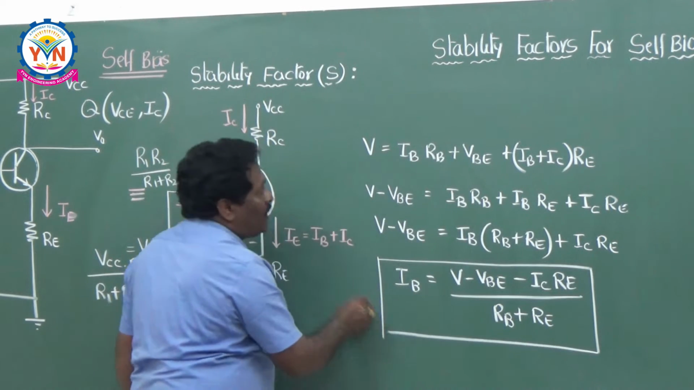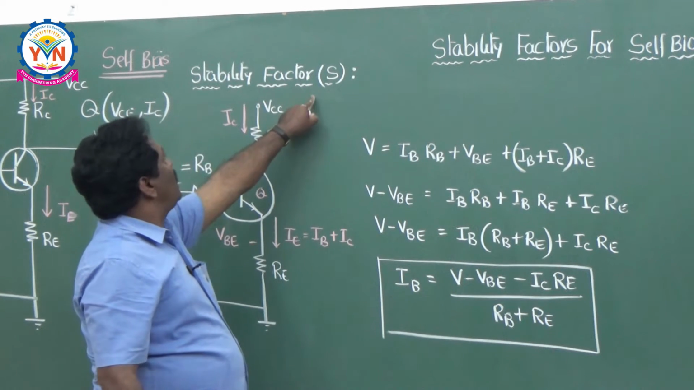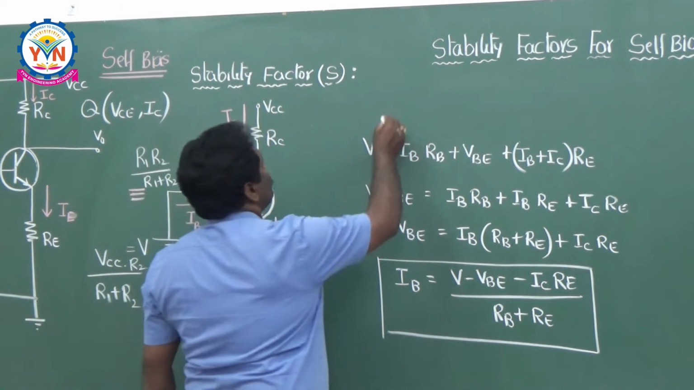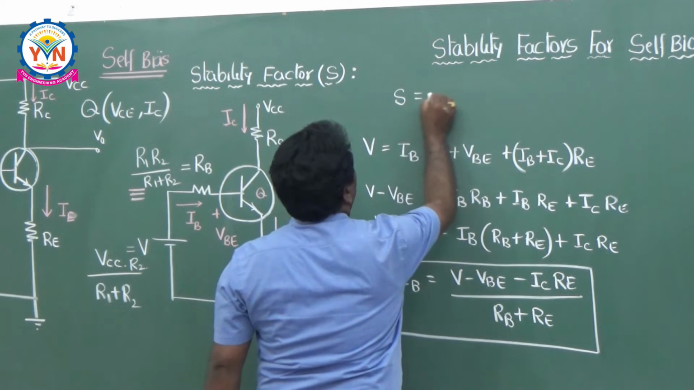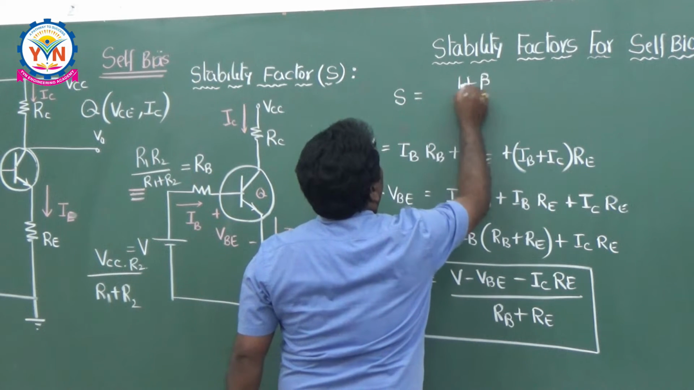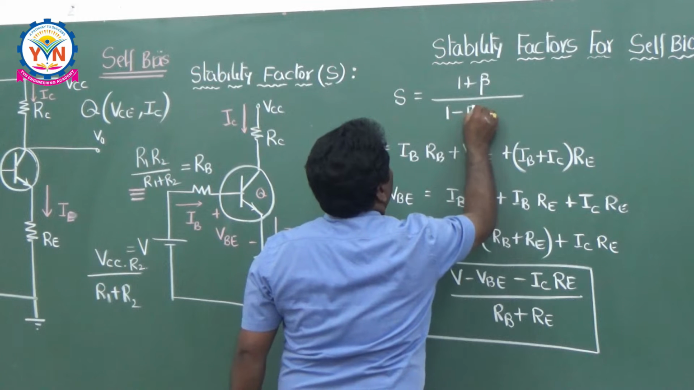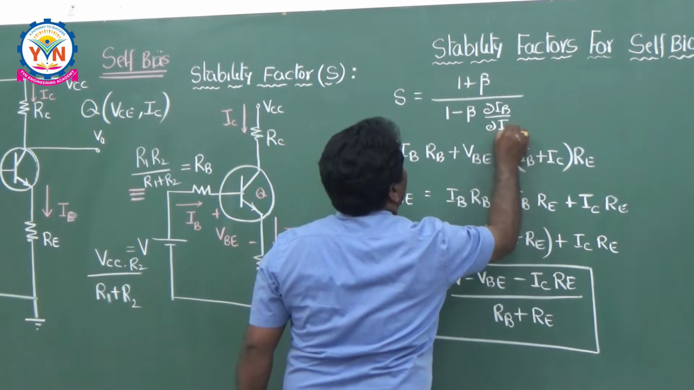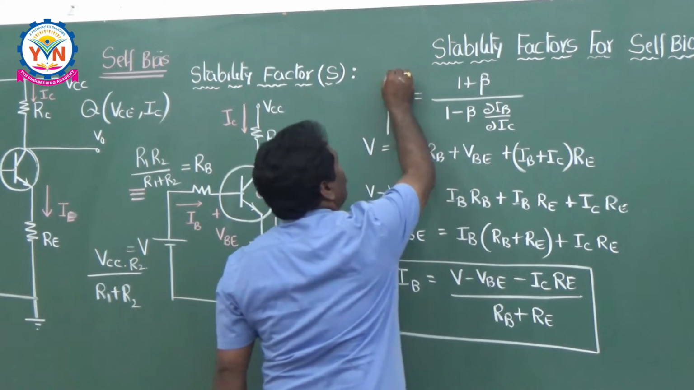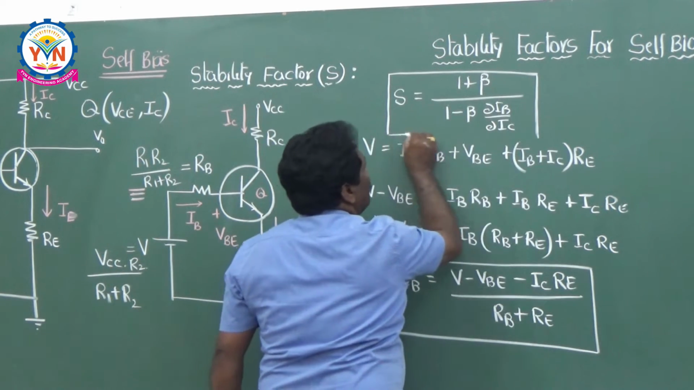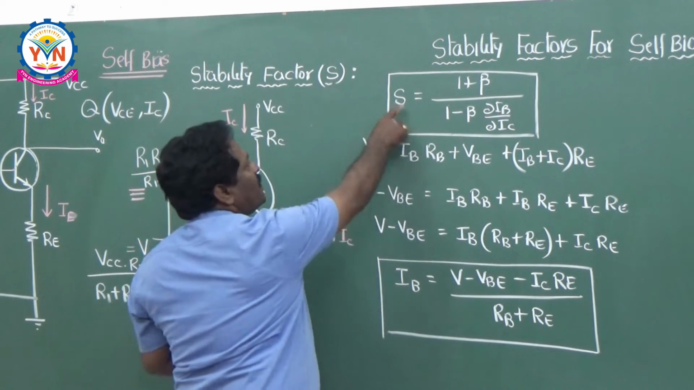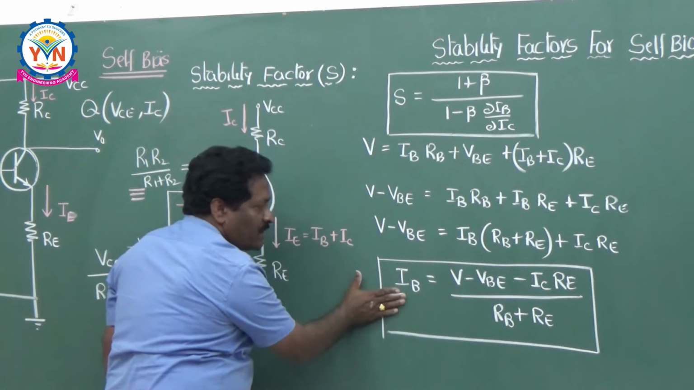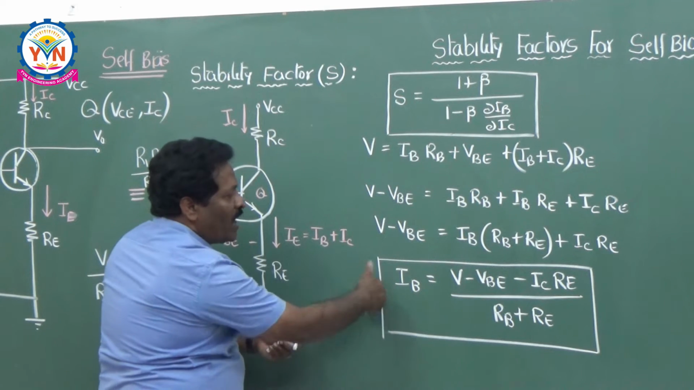If I want to calculate the stability factor S, you already know the generalized expression for the stability factor. S is equal to 1 plus beta divided by 1 minus beta into dou IB by dou IC. So, this is the generalized expression for the stability factor. Here, in order to get the stability factor S, I have to differentiate IB with respect to IC. The IB equation is readily available. So, that is why dou IB by dou IC